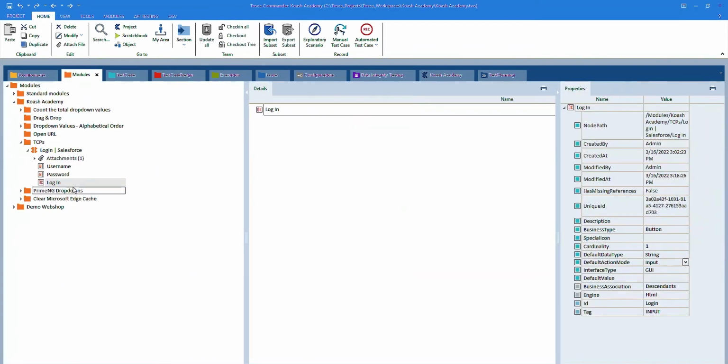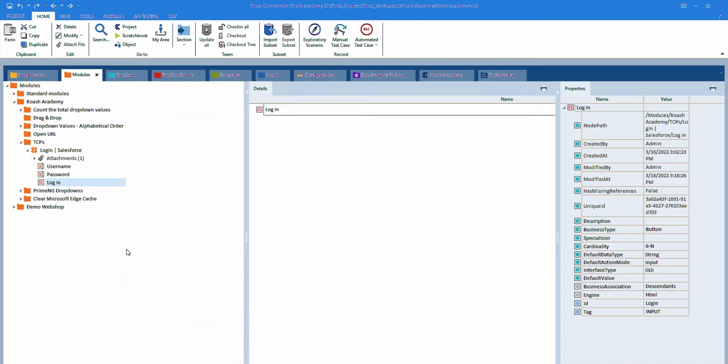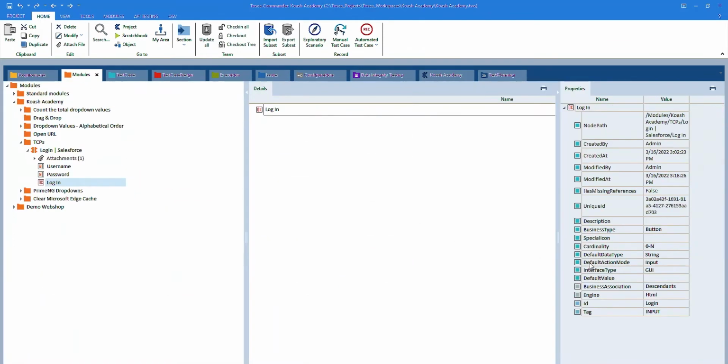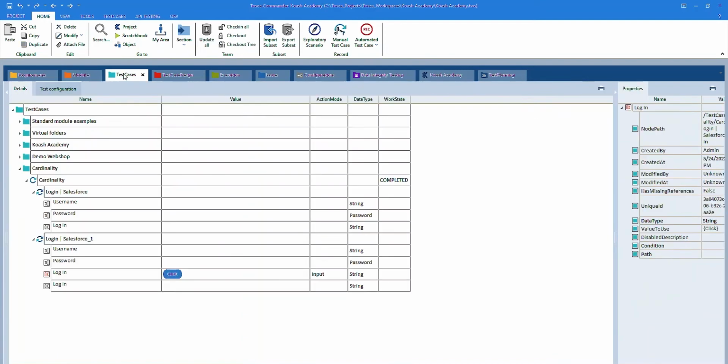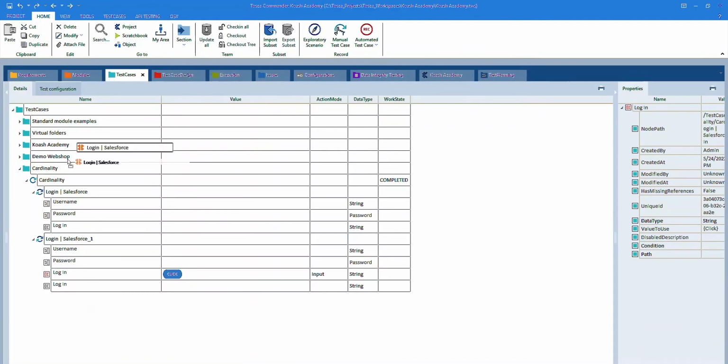Moving on to the next cardinality value, let's specify it as 0 to n. Now let's say I want to verify on the screen if this login button is displayed and then perform click operation on it. So in a single test step, we cannot perform two operations. So that's why if we specify the cardinality as 0 to n, we can make use of this module attribute as a XStepValue multiple times. So now if I drag and drop this onto the test case,